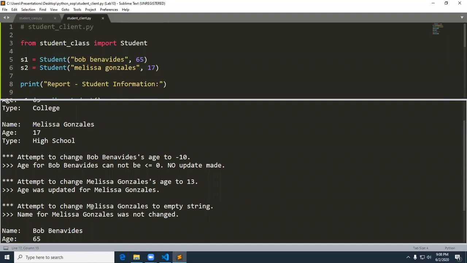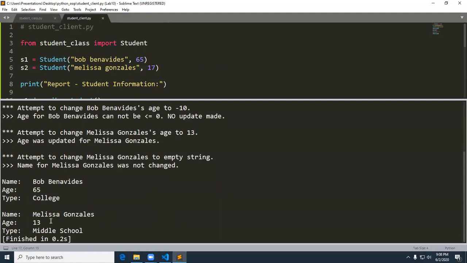Right here, attempt to change Melissa Gonzalez to empty string. Name for Melissa Gonzalez was not changed. How do I verify it was not changed? I ran it again, and she is still Melissa Gonzalez. So that method